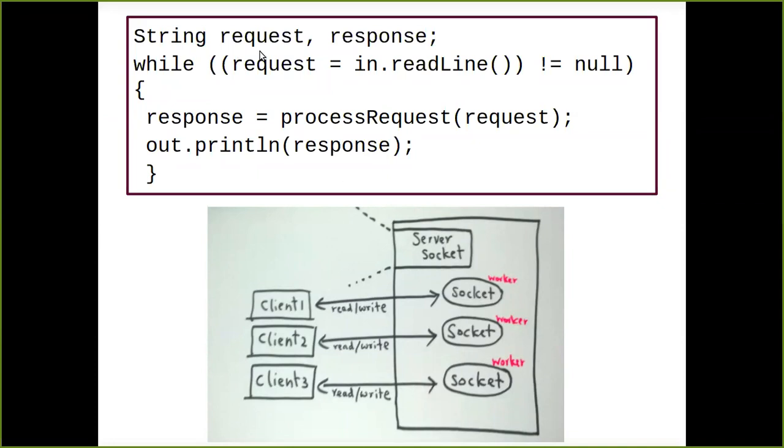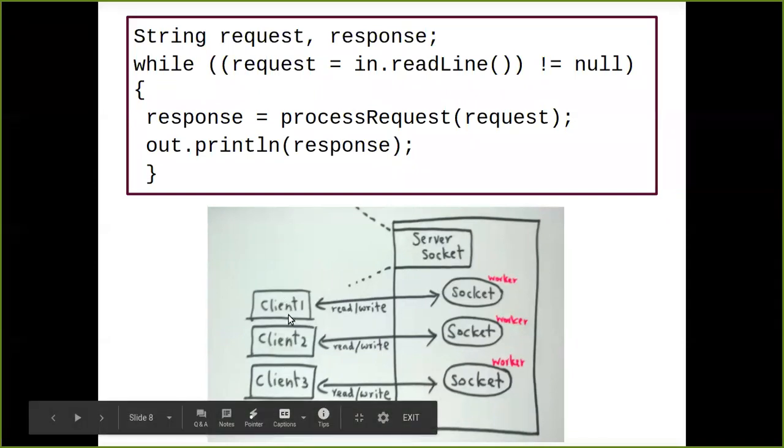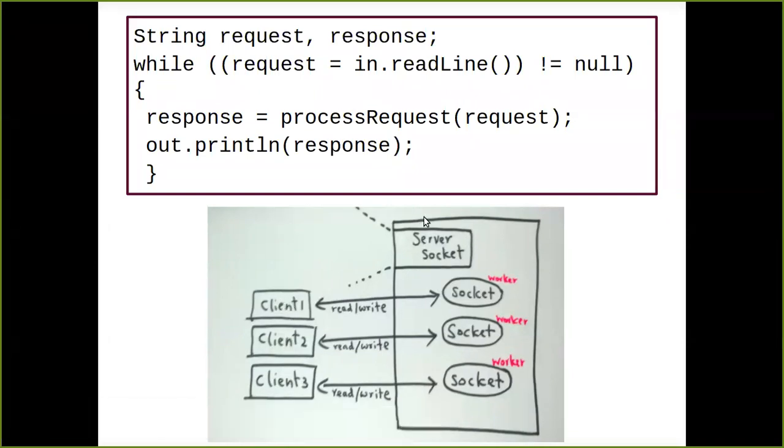Okay, so say for example, whenever I'm talking about the request object, what is happening is I'm trying to read the value from the file which is present inside your server. If you can see over here, we had a server socket and a number of clients. The first client would have approached the server, and the server socket first listens to the port number of this client, and it is passed to the socket of the server. Not only one socket is going to be created inside your server; n number of sockets are going to be created inside your server to deal with each individual request or individual client.